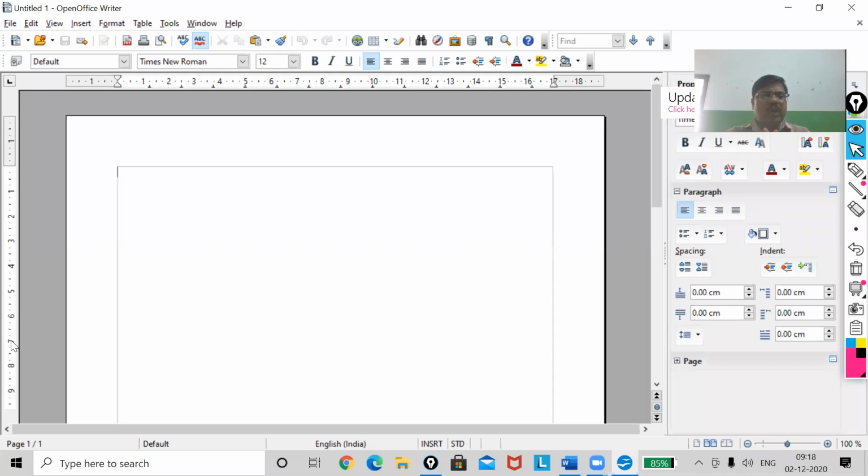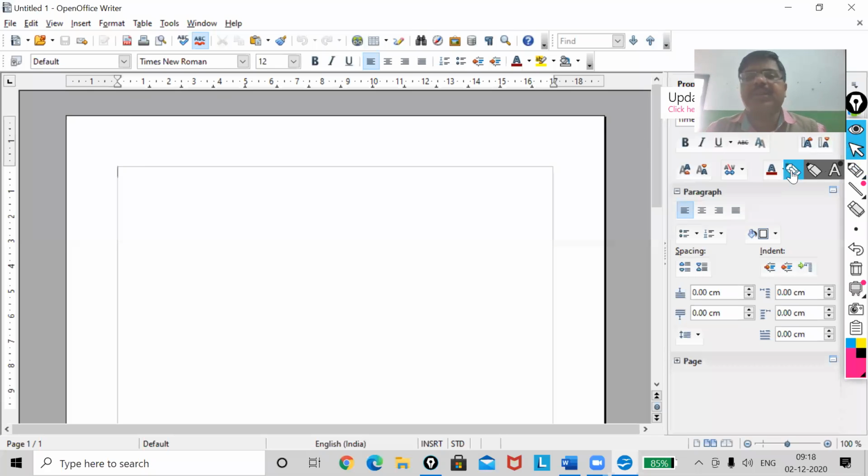Why do we use the ruler bar? I hope everyone knows. If you want to know the width of my line, the number of lines in a page, or the distance between two letters, you can know all these with the help of the ruler bar.